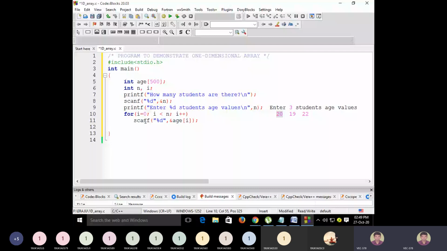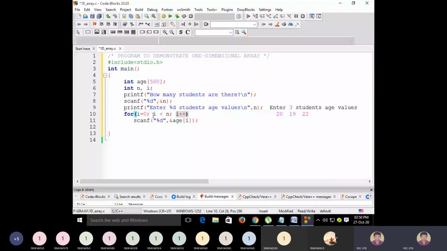Because there is only one statement, after executing this scanf, control goes to i plus plus. i becomes 1. Again it checks the condition, 1 less than 3, yes, true. Then again scanf percentage d reads the second number, 19, and stores it in age of 1. After that it goes to i plus plus, i becomes 2, 2 less than 3, yes.